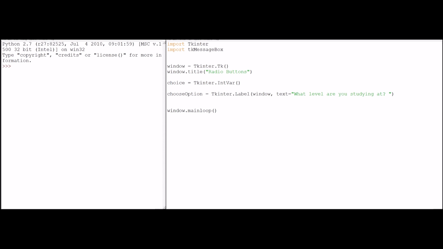Now, the way I do this is the same as any other part of the UI initially. So give it a name. So I'm going to say R button 1 equals Tkinter dot radio button, and then we say window, and then give it some text, and that will be the text that's displayed beside the radio button. So I'm going to say GCSE,